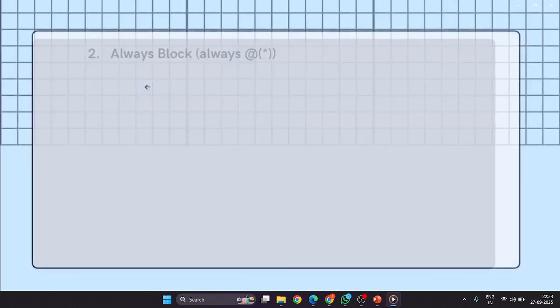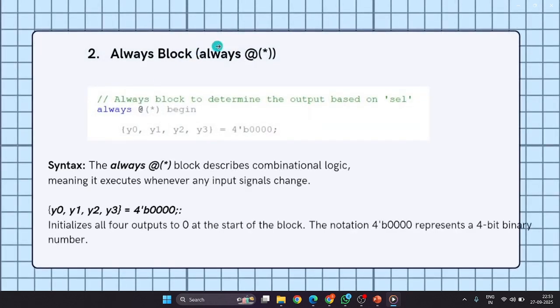as we require. The always block describes combinational logic, meaning it executes whenever any input signal changes. y0, y1, y2, y3 are equal to 4'b0000. This initializes all four outputs to 0 at the start of the block. This notation represents a 4-bit binary number, and